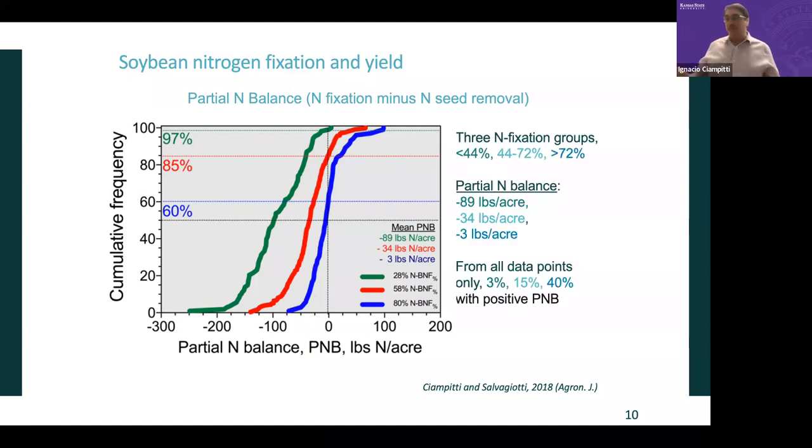Someone might say, why is this relevant? If you start thinking about sustainability, and about what happens for my following crop, this could be one of the things that we need to think about. If I'm mining, removing more than the crop can fix, we will start seeing impacts on the following crops in the rotation.